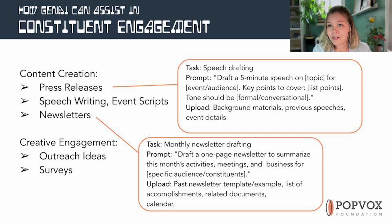They're also very helpful with creating newsletters or summaries of the activities that you've been taking. Oftentimes, those types of activities are the ones that fall down your to-do list. But if you're able to have the assistance of LLMs to do that first draft quickly for you of creating that newsletter, of creating that outreach content to keep your constituents informed of your work, that's something where LLMs can save you a lot